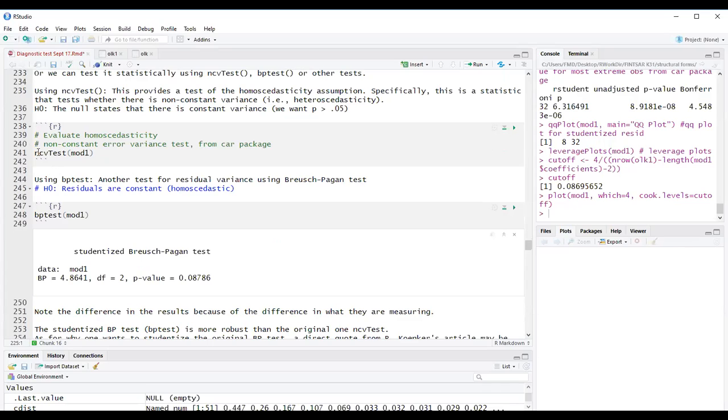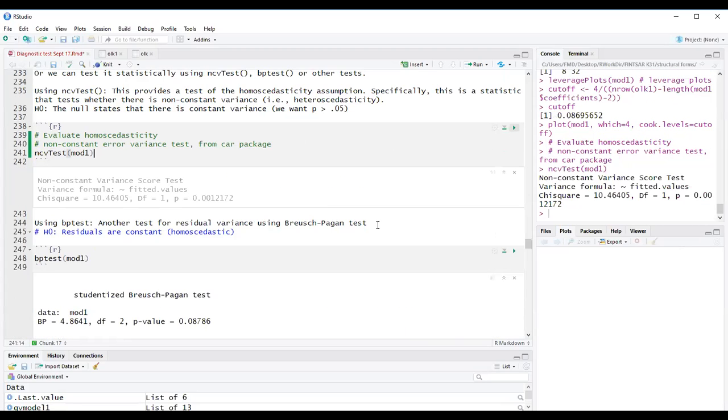So dalawang test guys, NCV at saka BP, si Breusch-Pagan test at saka si NCV. Ito yung medyo lumang test, si NCV. Okay, so quickly guys, i-test natin for heteroskedasticity. Ang null hypothesis nito is, lagyan natin dito,